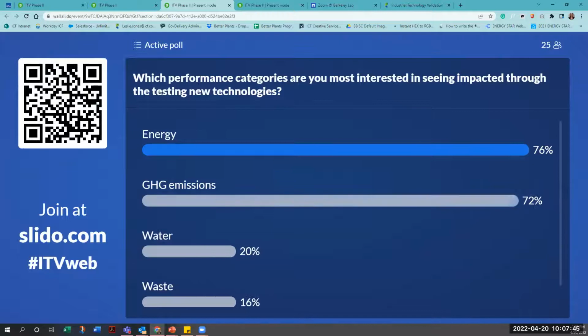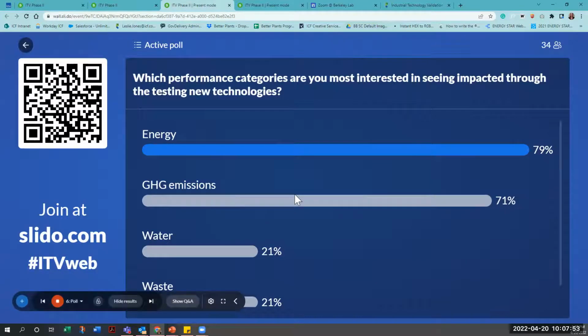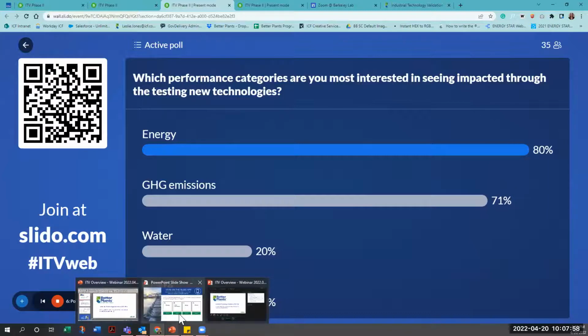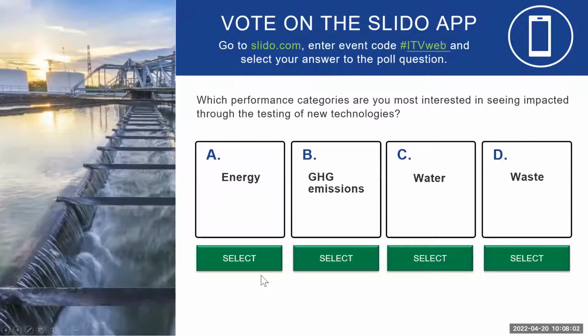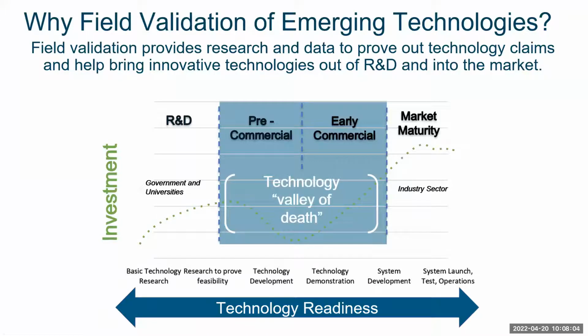All right, so GHG emissions and energy, and I think you guys were able to select a few different options here, but I think that's probably what we were expecting to see. So I don't take up too much more time, I will now switch back to the slides and we can kick off the presentation with Dr. Jillian from DOE's AMO office, and she will get into the actual pilot.